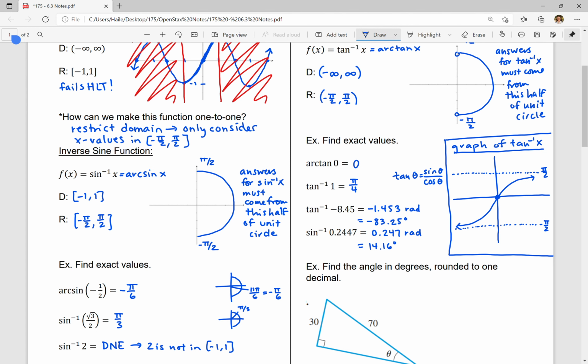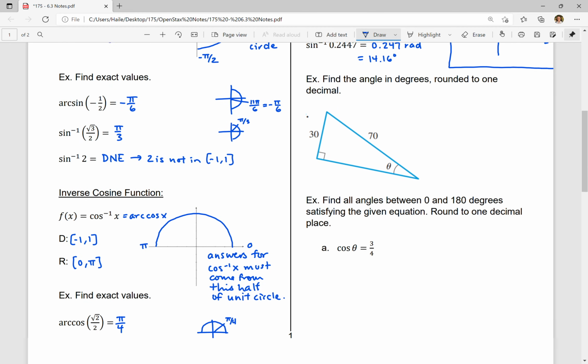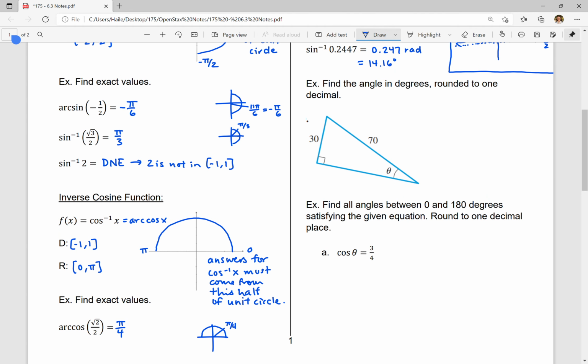So now we're going to take everything that we've learned about sine inverse, cosine inverse, and tangent inverse, and we're going to apply it to some problems. For this first one, we're going to find this missing angle in degrees rounded to 1 decimal. The first thing I'm going to notice is, since this problem says find the angle in degrees, my calculator better be in degree mode. All right, so make sure your calculator's in degree mode,